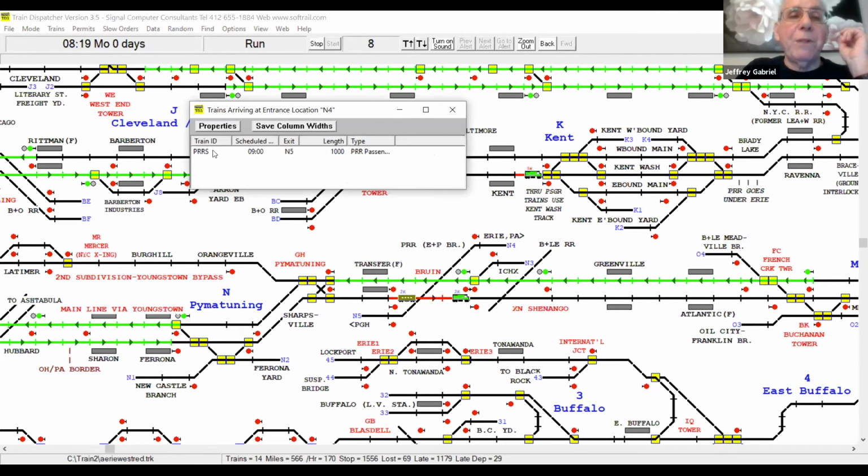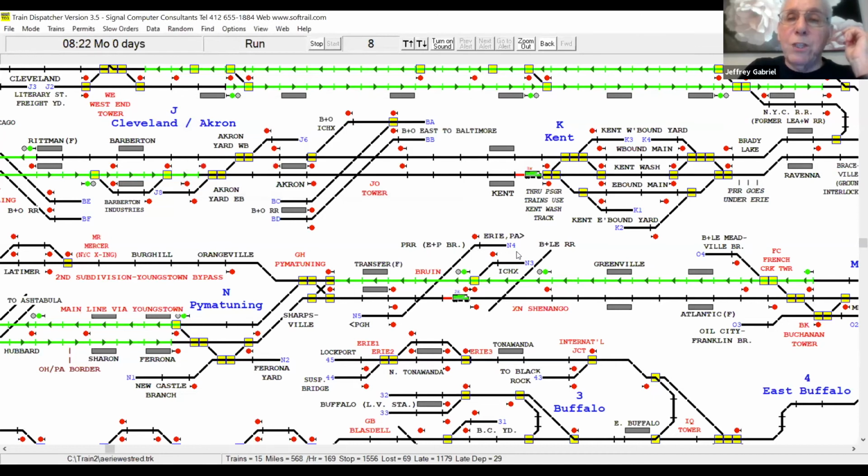This one, for example, has a Pennsylvania Railroad train entering at 9 o'clock at the top here, coming from Erie. Erie's kind of ambiguous here, but from the city of Erie going to Pittsburgh, he enters at 9 o'clock. And so he'll show up here, and then I'll have to clear him like this, and then he'll go across.